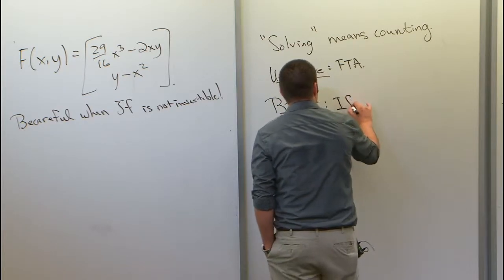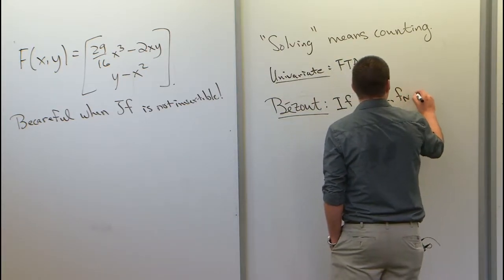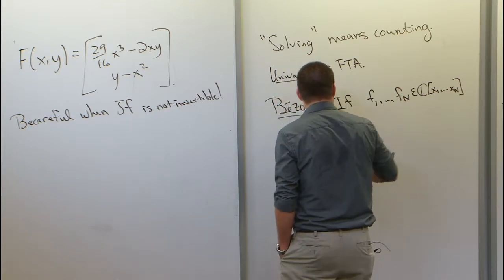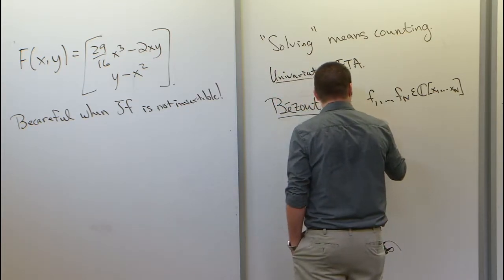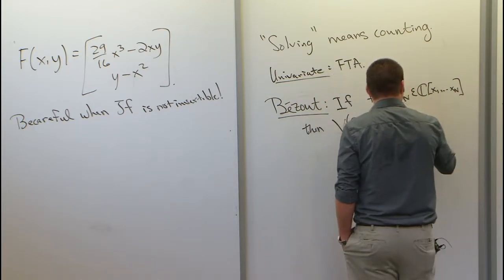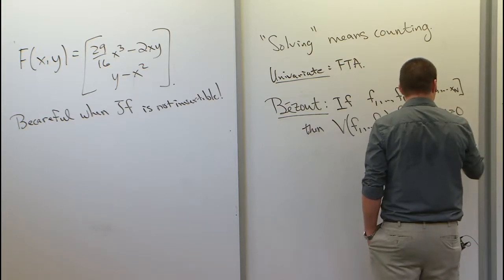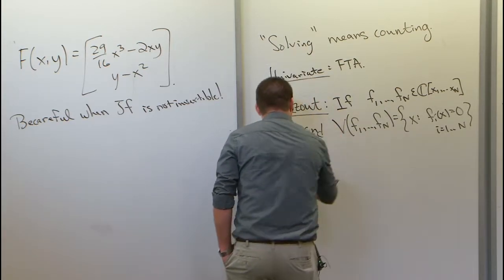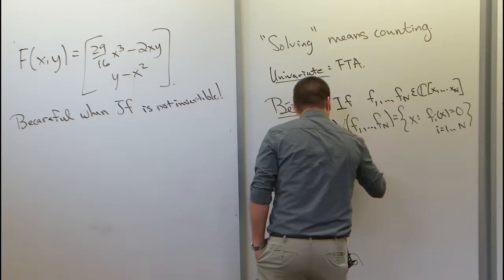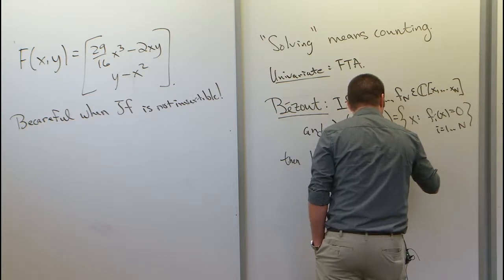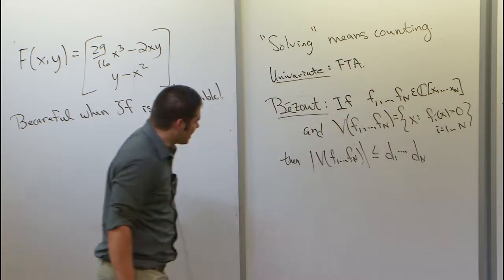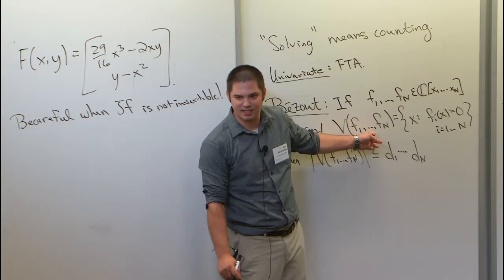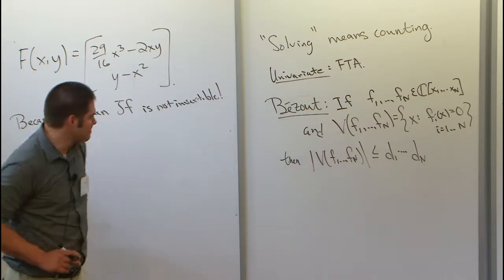So if f1 through fn, let's go back to algebraic notation, then the set of solutions x such that fi of x equal to 0, i equal 1 to n. If this and this, then the number of points is bounded by d1 times dn. And what I have to do is be careful. So what can go wrong? Well, it could go that I have infinitely many points in here, and how can I bound infinitely many points? By this. If